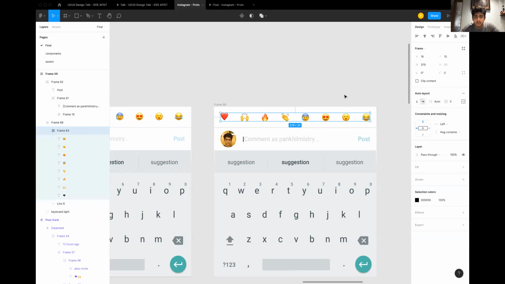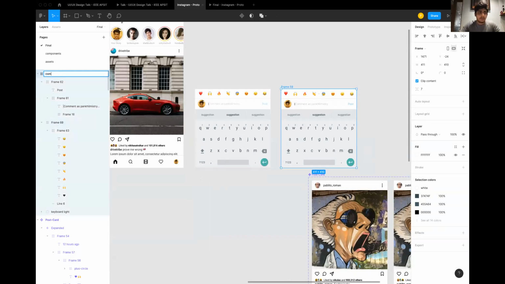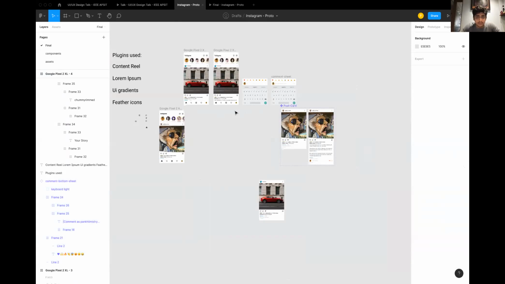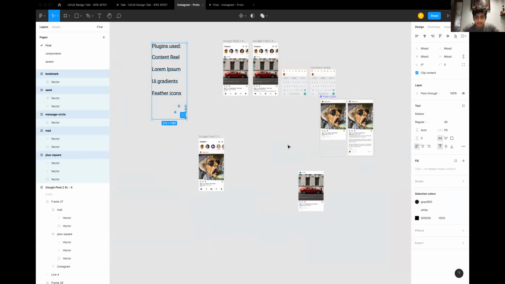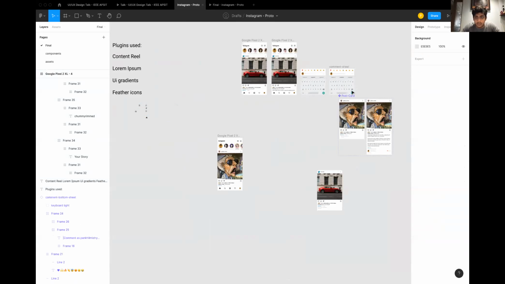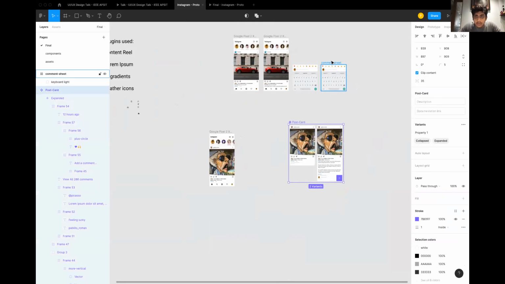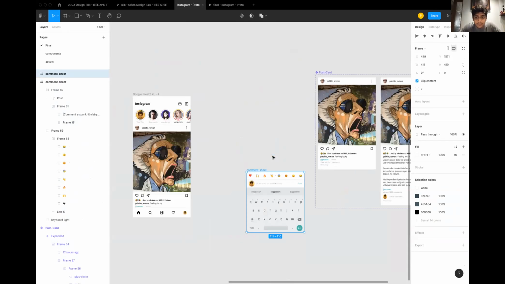This is done. Now we have the bottom sheet here. Let's call this comment sheet. Okay. This is done, right? Now we'll just create a prototype. Just get rid of all of this, which we don't want. This we have here, right? So what you have to do is now we'll just create a prototype